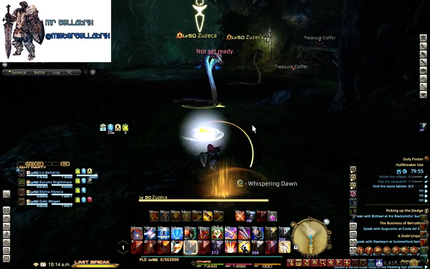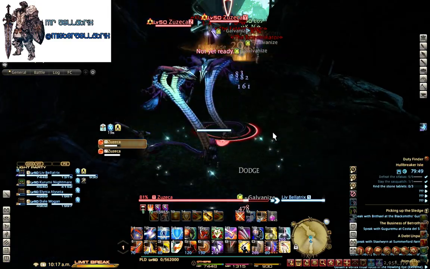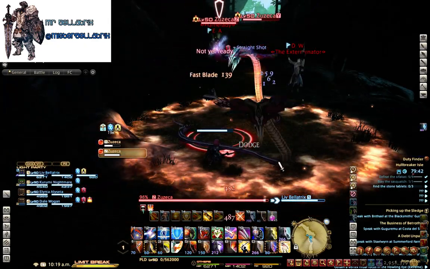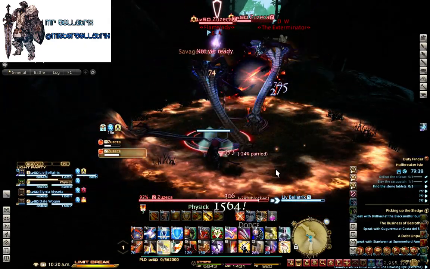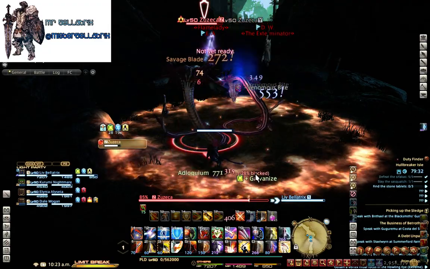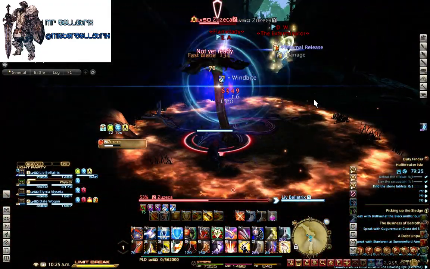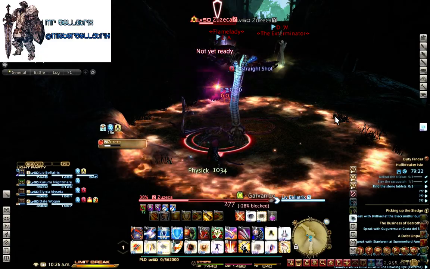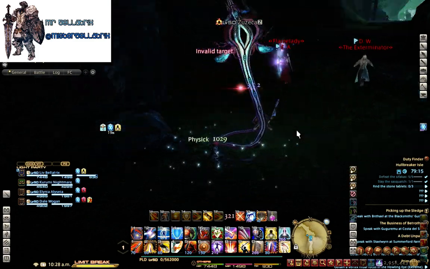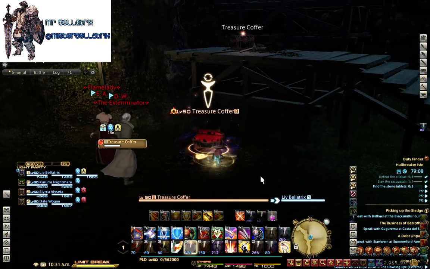So a couple of Zuzeka snakes. Just deal with them, and it looks like you've discovered a pirate stash, the amount of treasure coffers around here. Alas. No. Alas, no indeed, because you open the treasure coffer, and oh no, it's...